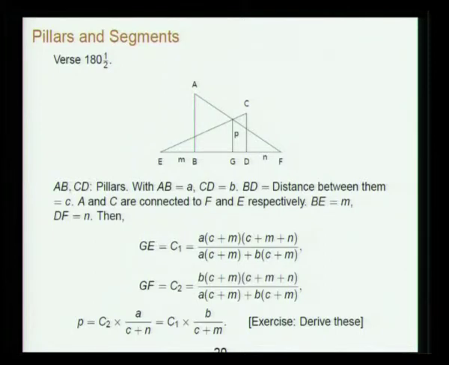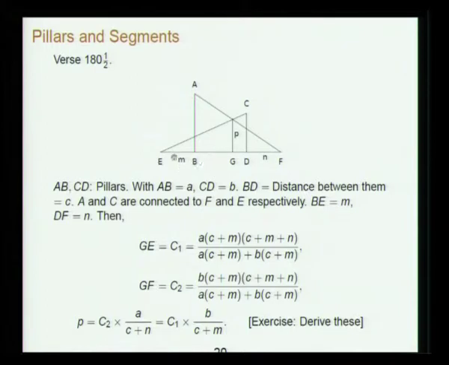So this is also very common. In Bhaskara later also you will see that a lot of time is spent in constructing various kinds of similar triangles and things like that. So here what is happening is, AB and CD are pillars, with AB equal to some height A of one pillar, CD equal to B another pillar, BD is the distance between them. So now this is stretched like this to some point E with a string. Similarly from A you are stretching a string and pinning it down at F. So A and C are connected to F and D.